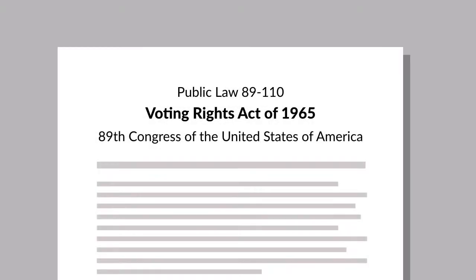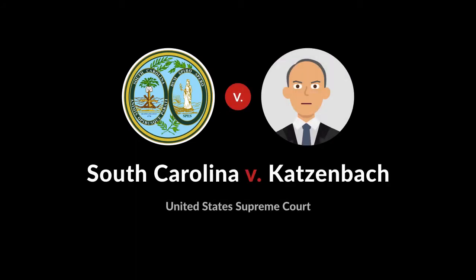In an effort to curtail voter discrimination, Congress passed the Voting Rights Act of 1965. The act imposed special restrictions on certain states and voting districts because of their history of disenfranchising African American voters. In the 1966 case of South Carolina versus Katzenbach, the United States Supreme Court considered whether those special restrictions were